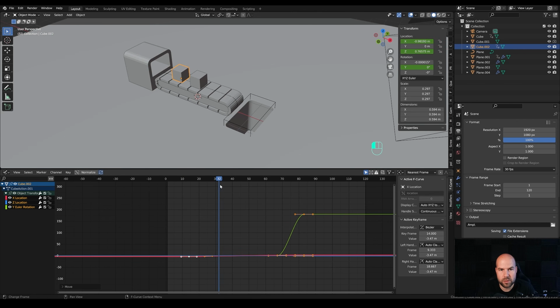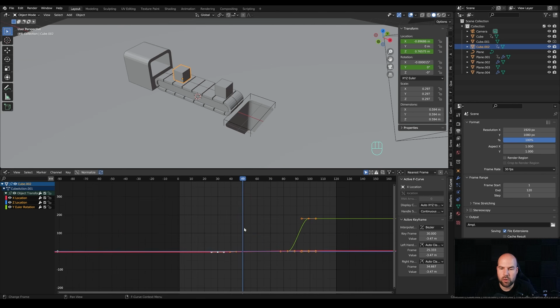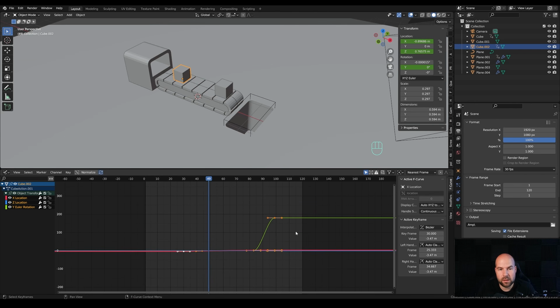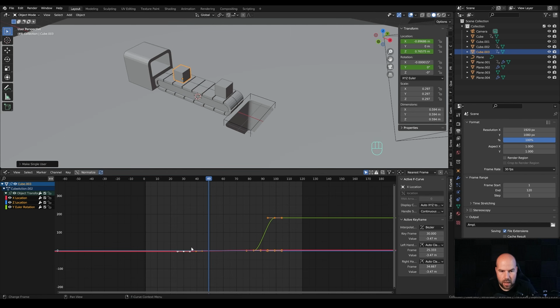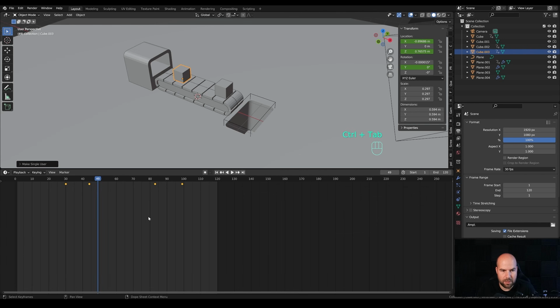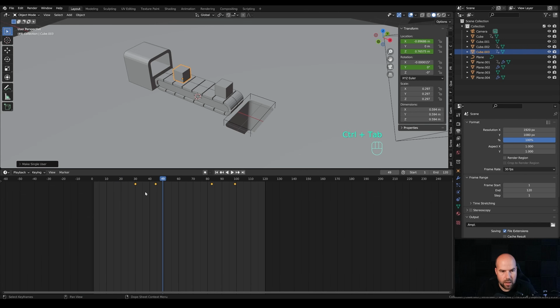So now these two cubes will be shifted in the timeline, and we can move it even further away. And now we'll need two more, and that's for the beginning and the ending of the animation, so it can loop. So let's press Alt-D again, and again I'll press Q and separate that object animation. And now let me press Ctrl Tab here so I can better see the keyframes, and press G then X and move the keyframes all the way to the end. And now I'll press G then X and move them like -40 frames here.